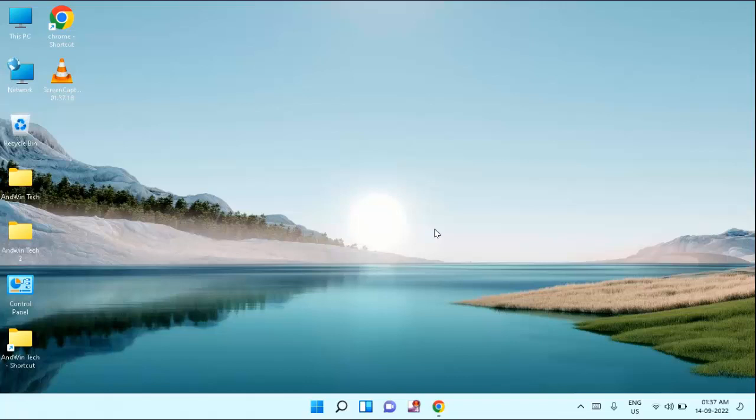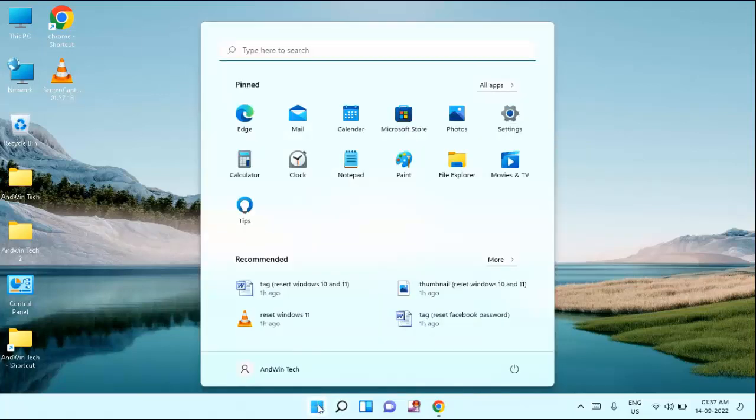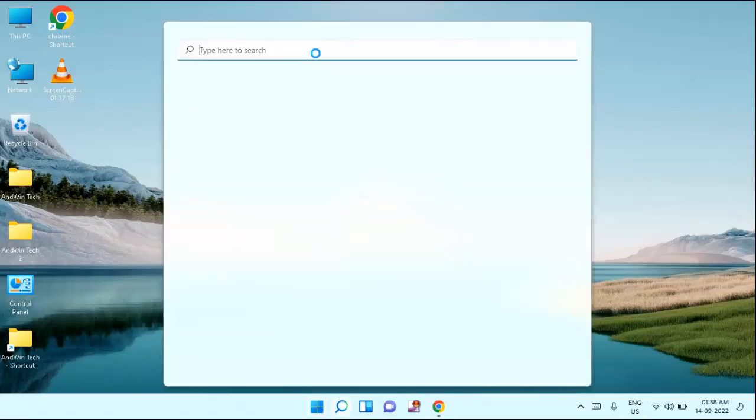Guys, if you are facing the Microsoft error code 0x87E10BD0, then I will show you how to fix this issue. First of all, you need to click on Start menu, then type here Settings,